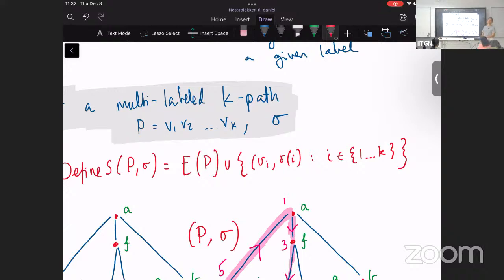Okay, yeah, so this is a good question. When you think of a path, I will say that the path and the reverse of the path is actually the same path. I will think of a path as a set of vertices and edges, and as a set, I will just treat the path and its reverse as the same thing. If I treat them as the same thing, then there's only one. If this is me, this is also me.